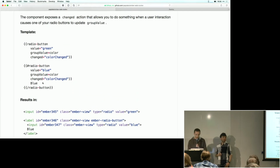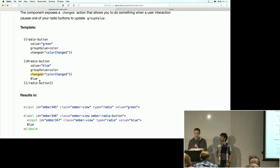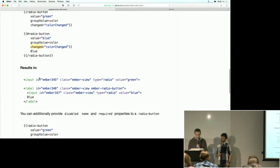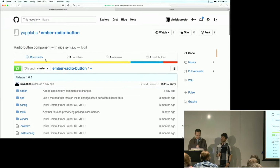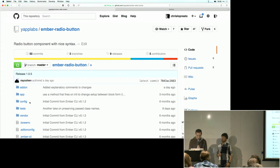And you get an action called change that will fire, and you can know that the user did something that changed your checkbox and not just your code switching values around. So if your data reloads in the server, the changed wouldn't fire, but if your user clicks something, the changed will fire. So the most interesting thing about, it's a pretty simple project, the most interesting thing about the,